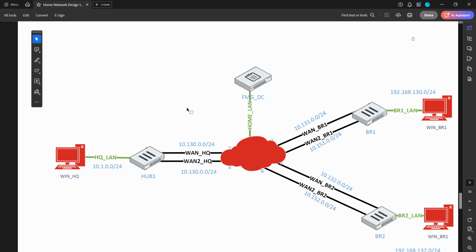I'm here to talk about my ZTP and SD-WAN design. This is the design I have built in my lab here. I'm going to explain a little more about this design. And of course, I did make a mistake here. This is supposed to be 150.0. So this is going to be the design where I'm going to practice zero-touch provisioning and software-defined WAN with